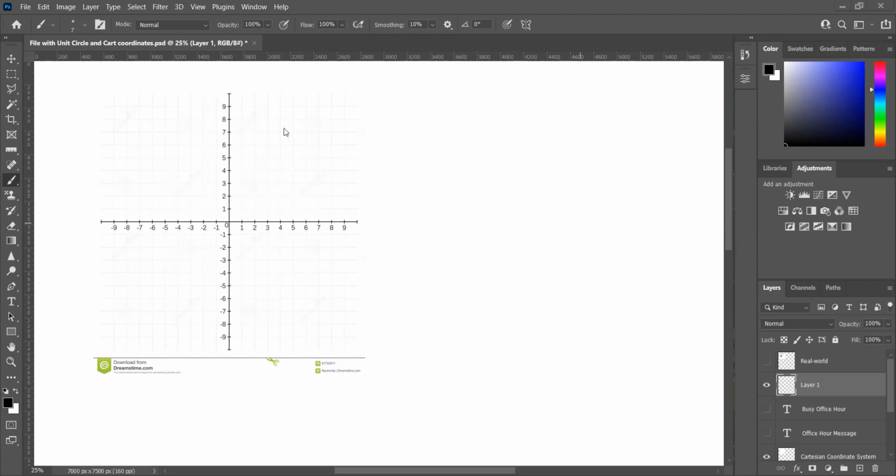We call this the Cartesian coordinate system, and that is named after Rene Descartes, who was the one who came up with this idea. So it's the Cartesian coordinate system that we will mostly be using in this class. And we've defined some things like this strong horizontal line here we call the x-axis. And the strong vertical line with the numbers on it we call the y-axis. And that lets us relate